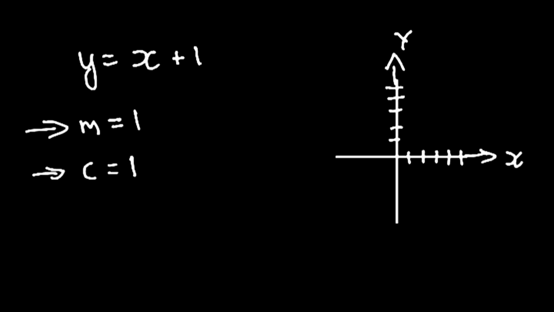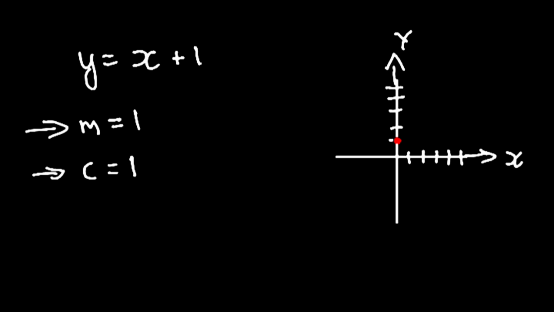First, we can start off with the y-intercept, so where the line will meet the y-axis. This will be a good starting point. So c is equal to 1, so we'll start with a point at 1. Now you only need 2 points to properly sketch a line. You can get more points if you want to be more accurate, but you only really need 2. So with 1 point starting at 0, 1,